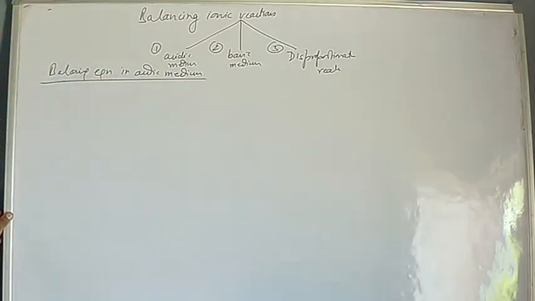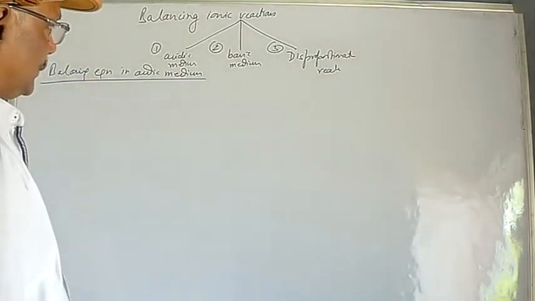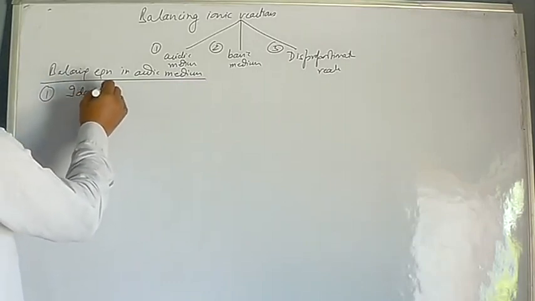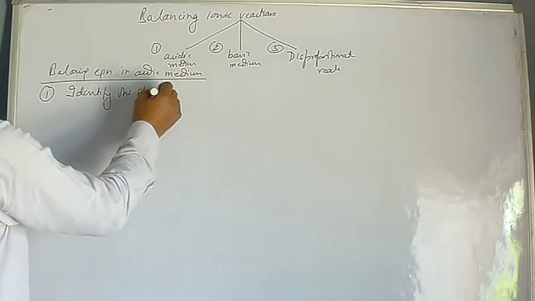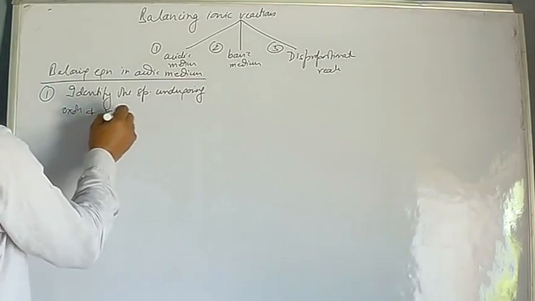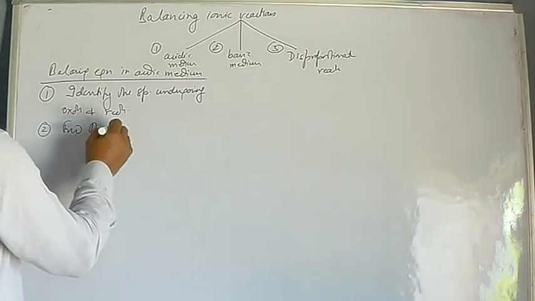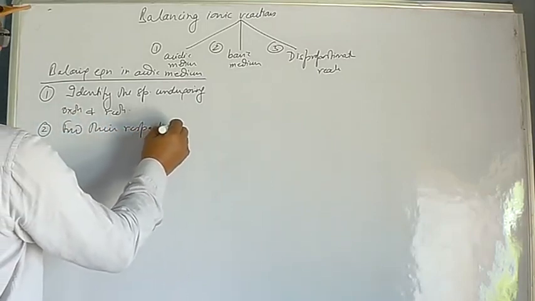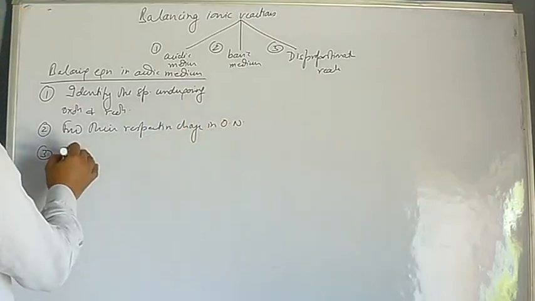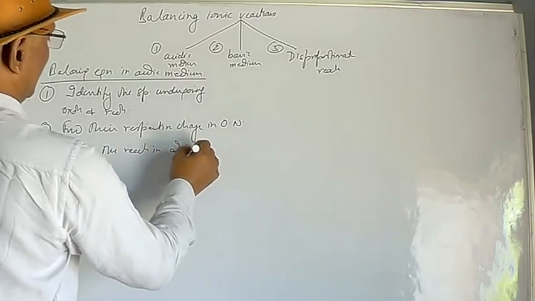Class, for that, we have to learn the steps. So class, I am going to write here all the steps. You must note down in your register one by one. Step number 1, identify the species undergoing oxidation and reduction. Step number 2, find their respective change in oxidation number. Step number 3, divide the reaction in two ionic half reactions,